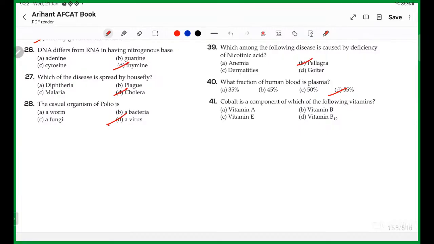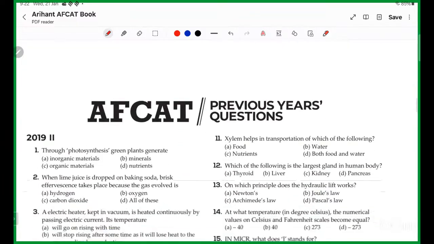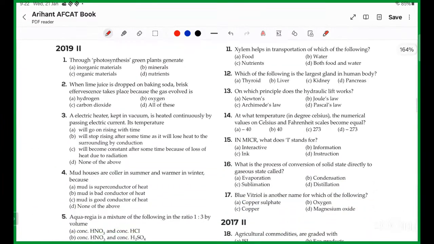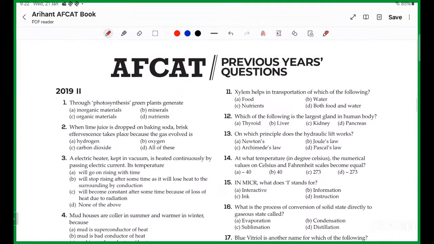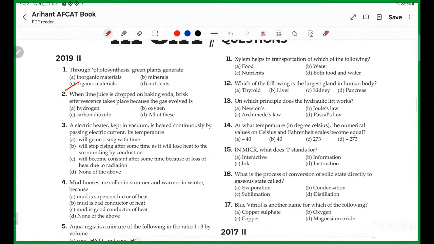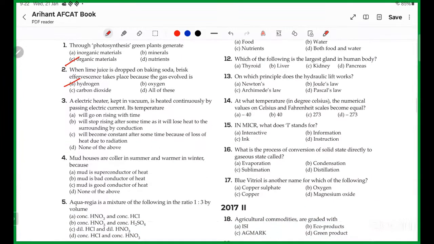Cobalt is a component of which of the following vitamins? विटामिन B12। फोटोसिंथेसिस के थ्रू क्या होता है बेसिकली, वी जनरेट ऑर्गेनिक मटेरियल। बेकिंग सोडा के साथ क्या निकलता है? नहीं नहीं, CO2।